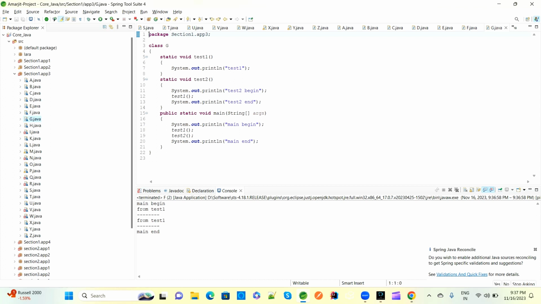So like that we have the same thing. So inside this method we can call other methods also. So this is also one concept inside the method. See, suppose we have a test1 method, a test2 method is there, and in test2 also we are calling test1. So inside one method we can call another method also. So the same way we are doing in this main method. So compiler will see the main method first. So main method is this one, main with arguments, and here SOP will be printed, and then